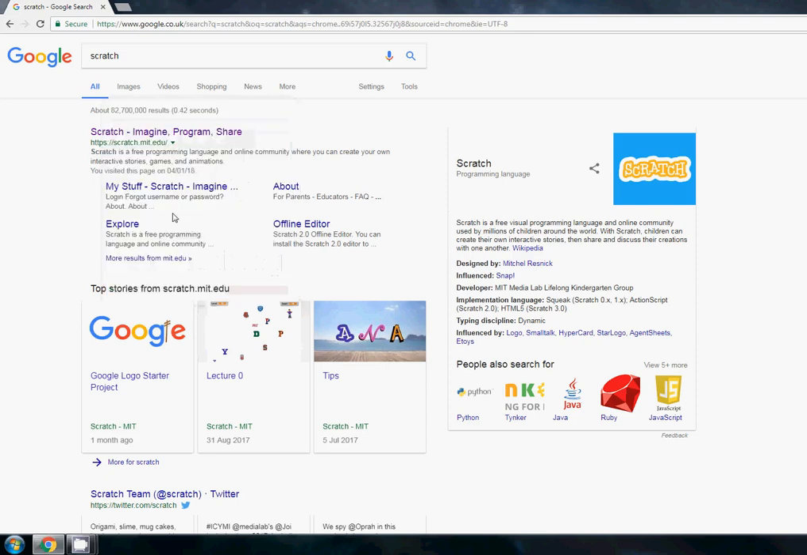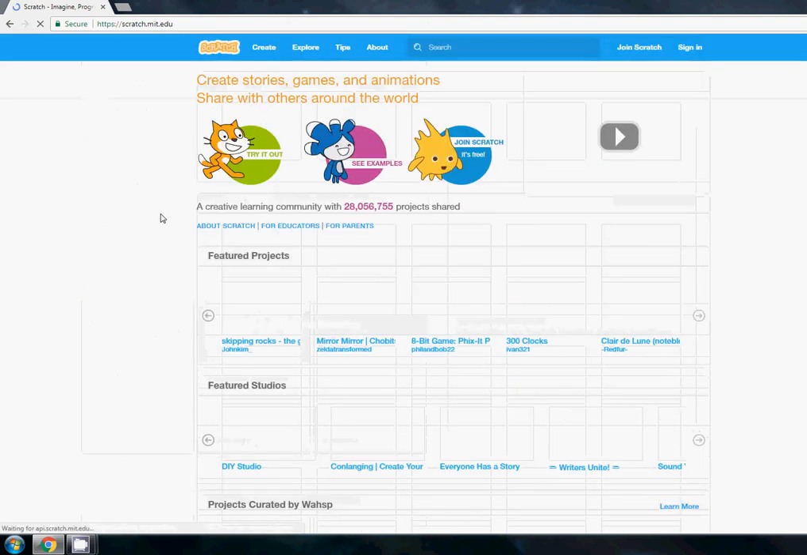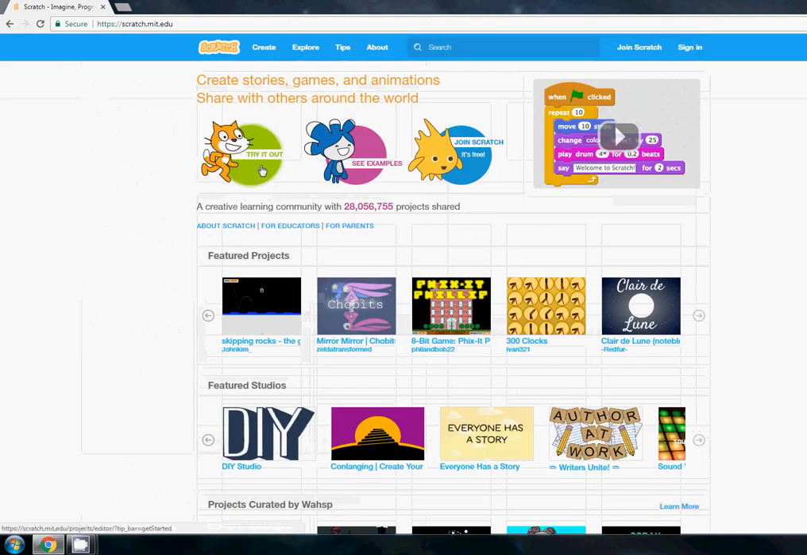In this video I'm going to show you how to make the maze game with Scratch. Okay, so the first thing to do is to open up the Scratch program. You can either open it up through the start menu or you can go onto the Scratch website. We use the Scratch website. So click Scratch, Google, go onto it, click try it out,